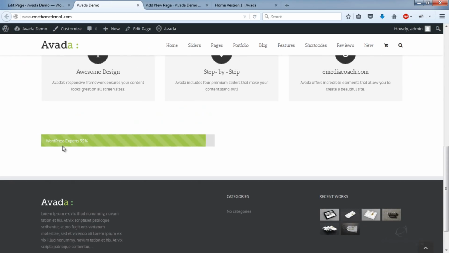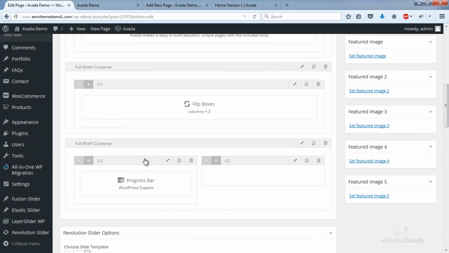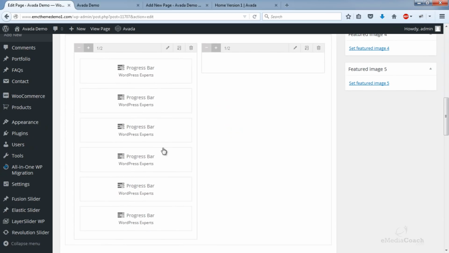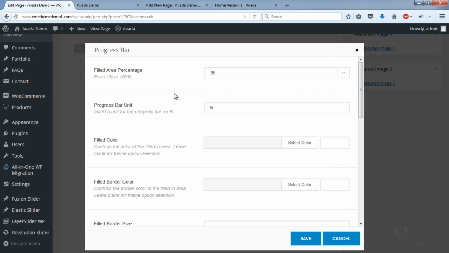Okay, cool. So if you're happy with the way that looks, what you can actually do is come back in here, click on the duplicate button. So I've clicked 5 times, so it's duplicated that a number of times. All I need to do now is click on edit and just edit the relevant sections.